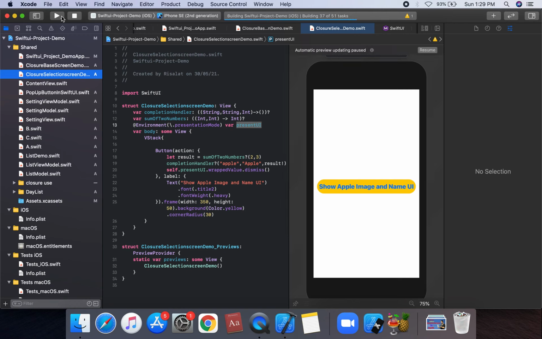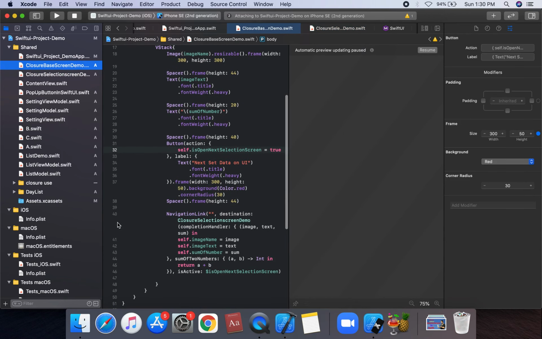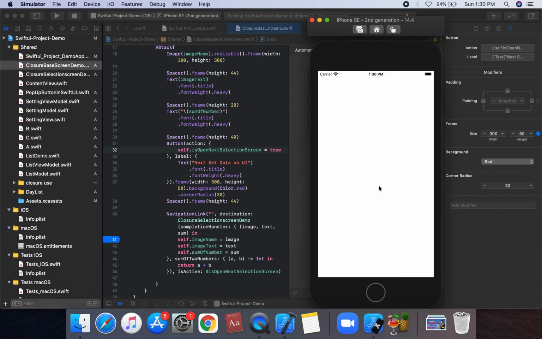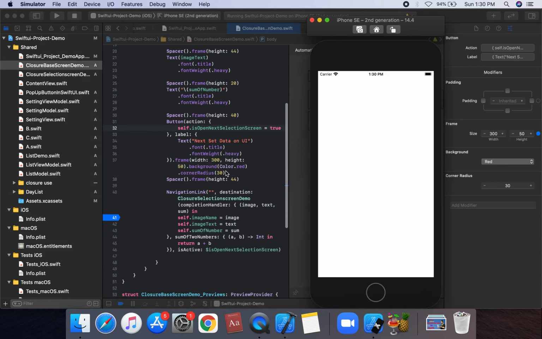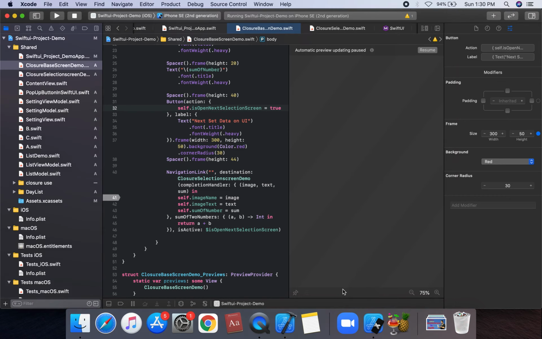We can check this project. So we can run and load this project.